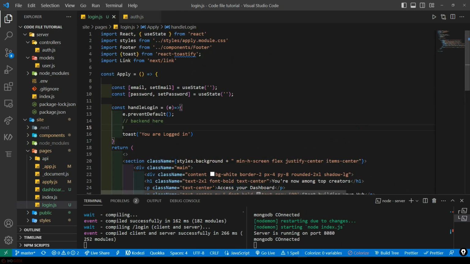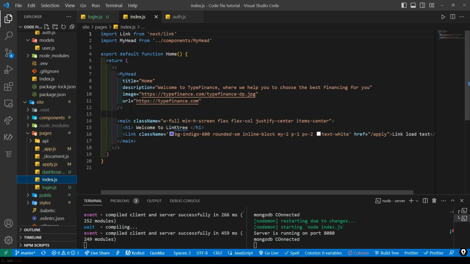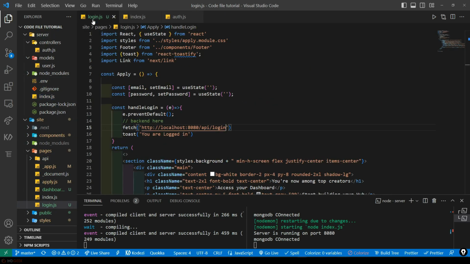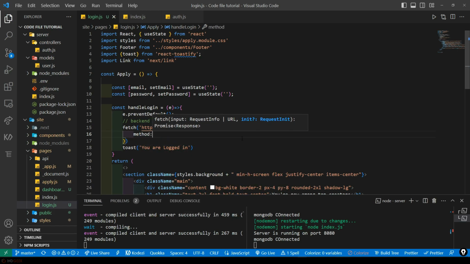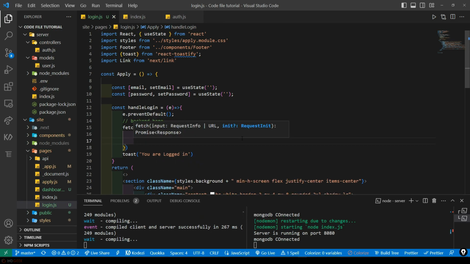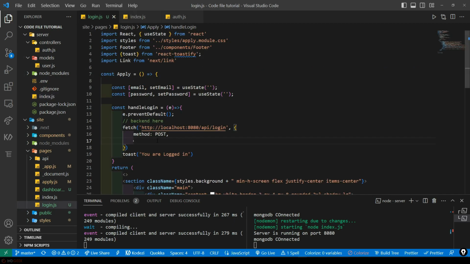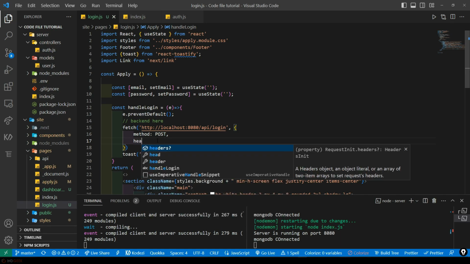And now coming to the front end, we have to implement it now. We will again use fetch, and now the path is http localhost 8080 port, and it is API/login. Let me make sure that the path, where is it? index.js. Yes, the path is API/login. And the method is post. Let me again make sure that the method was post, or else I'll be confused by an error. So method is post, and we have to set headers,